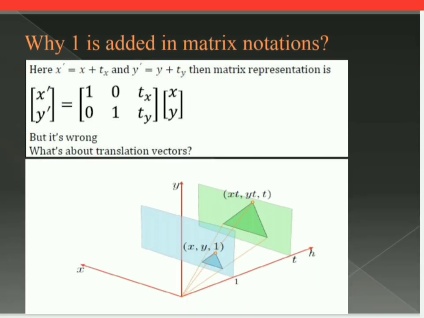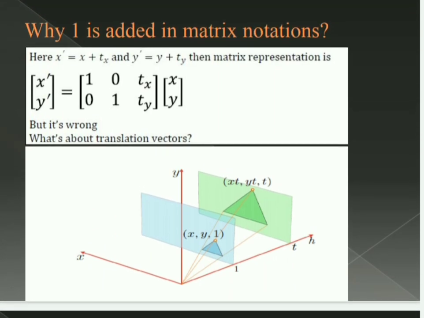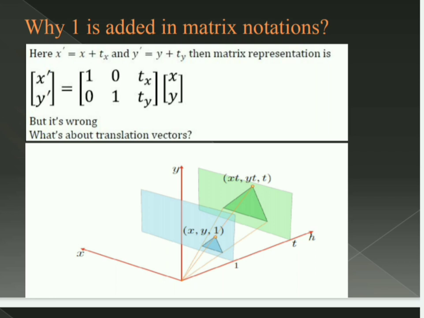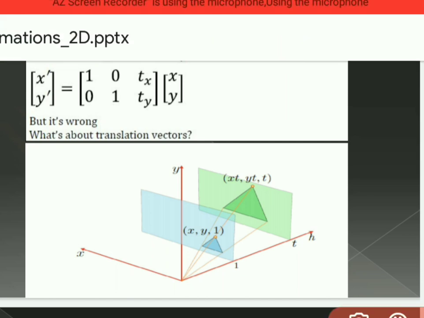Again, there is a second reason. Suppose you want to represent your 2D object in terms of 3D, then how will you represent it? Here we add one more axis h. So this is your x axis, this is the y axis, and now I'm going to add one more axis h, but the axis h has the value 1 only. That means whenever you add the 1 in the two-dimensional system, it will not affect the original coordinates, as two dimensions stand for only two coordinates.